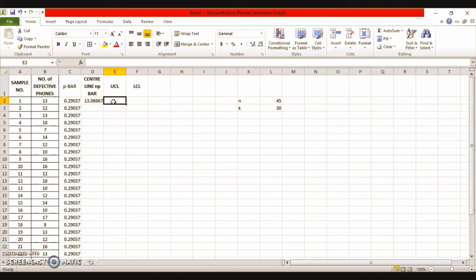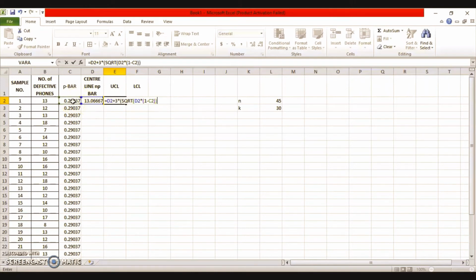What we are doing here is using the formula which I'll write down for you. NP bar, that means this value, plus 3 into square root of, again, NP bar into 1 minus p bar, this value, right?